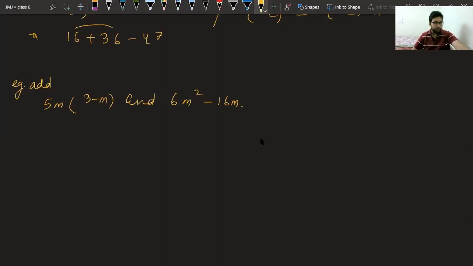Okay, an answer came from Krishna: minus m plus m square. Srishti is giving the same answer. Joel is saying 21m square minus 16m. Harshul is giving the same answer, minus m plus m square. Soham is saying 0. Soham beta, please check. Hiteshri is saying minus m square, the reverse one.